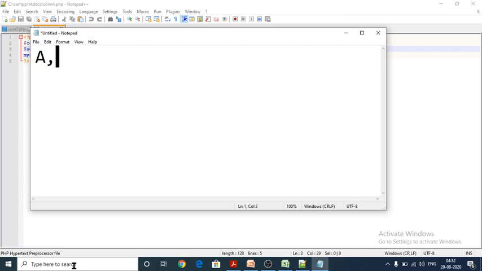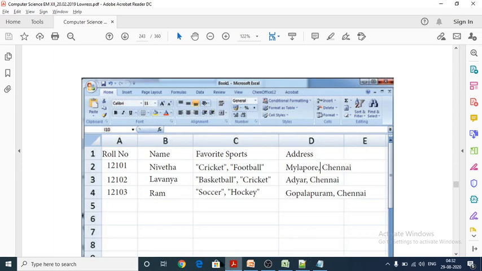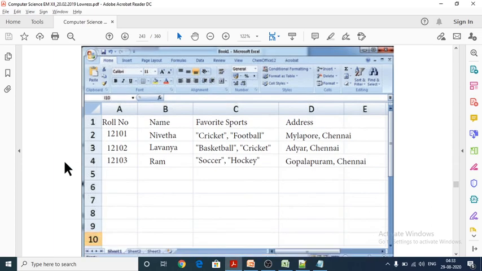A is a name, 12 is a standard, and A section. While creating the last record of your data, record of your file, it may or may not have a comma at the end. No need to give a comma at the end of the data while creating a CSV file. That is the fourth point they are trying to convey here.